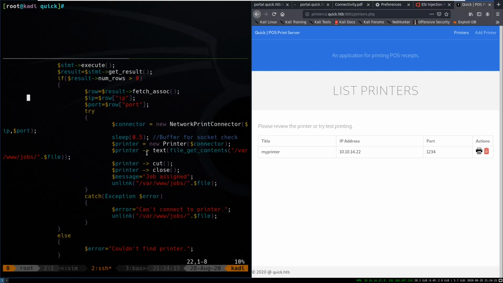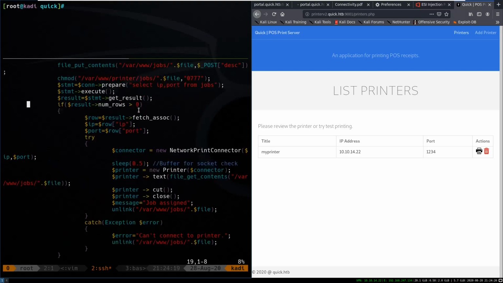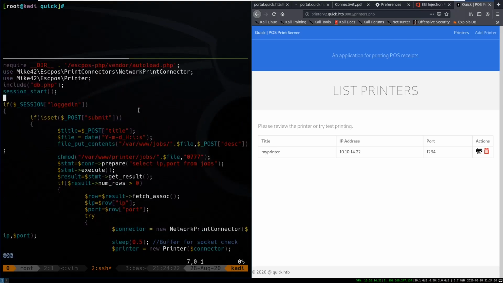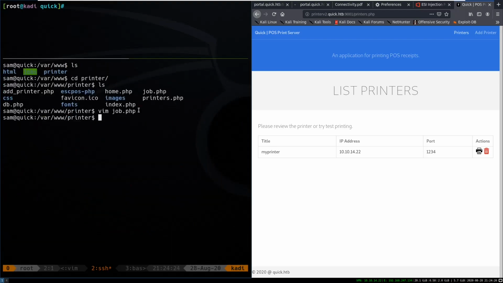So whatever this is doing, it's allowing us to read and write to a file whenever the job is created. So if we went into jobs